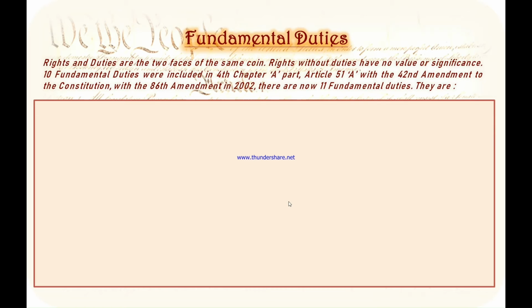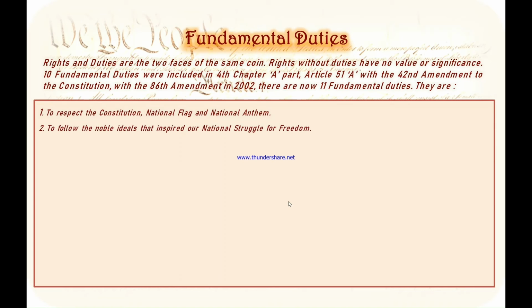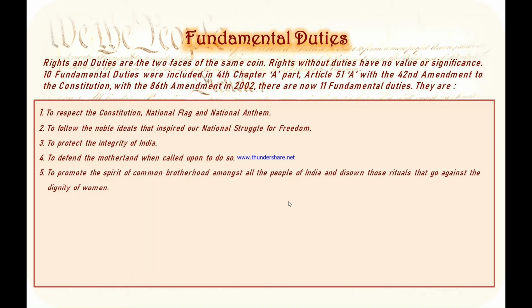With the 86th Amendment in 2002, there are now 11 fundamental duties, and they are to respect the Constitution, the national flag, and the national anthem of the country, to follow the noble ideals that inspire our national struggle for freedom, to protect the integrity of our country, to defend the motherland when called upon to do so, to promote the spirit of common brotherhood amongst all the people of India and disown those rituals that go against the dignity of women,